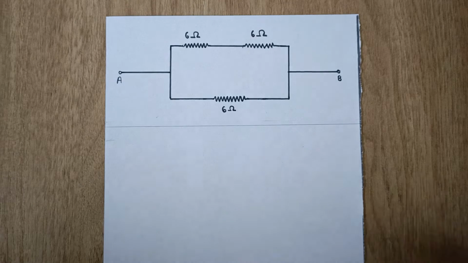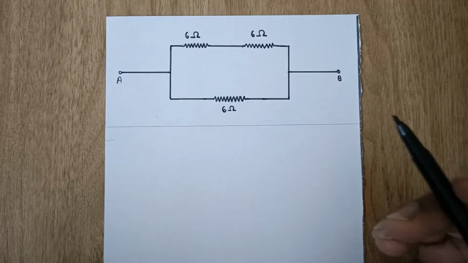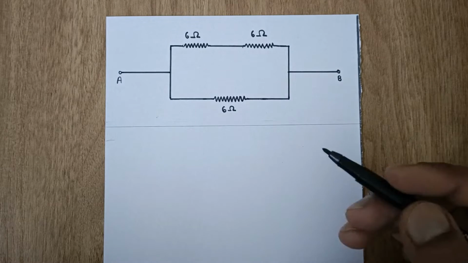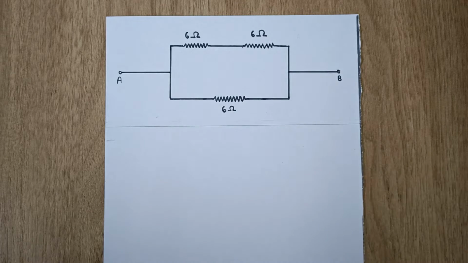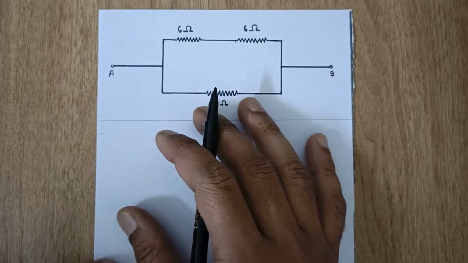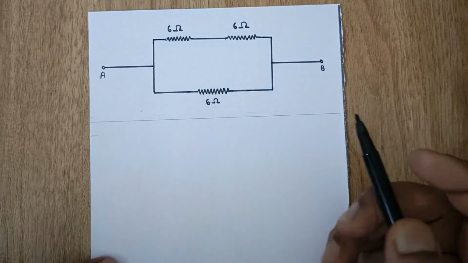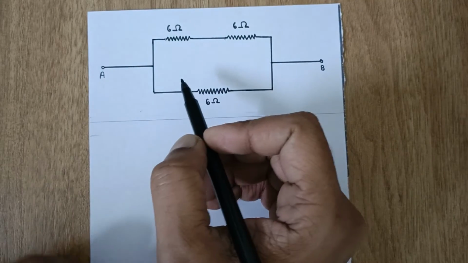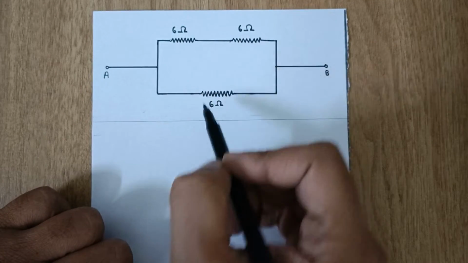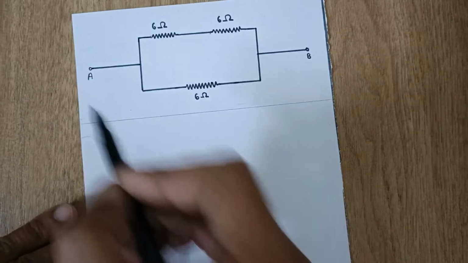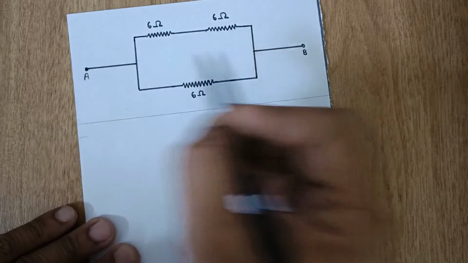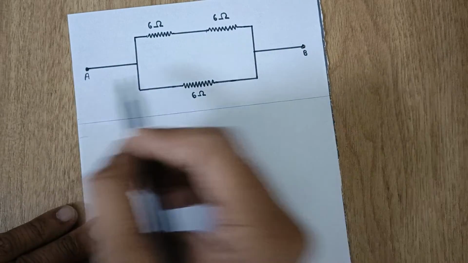Hello everybody, in this video we are going to solve a few problems related to resistances in series and parallel. I'm going to explain how to find the equivalent resistance. In this given problem there are two resistances here and one resistance here. The easiest trick is that we are being asked to find the equivalent resistance between points